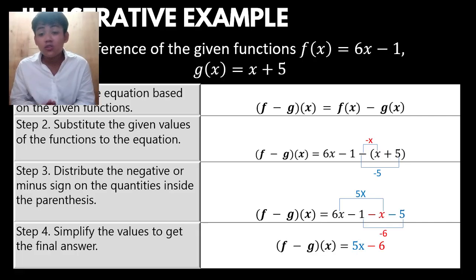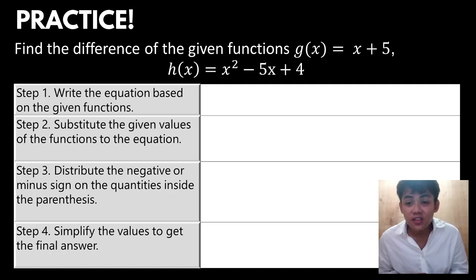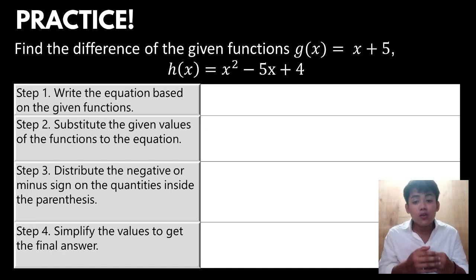So is there any questions or clarifications with regards to this one, class? None so far, sir. Okay, very good. So now to apply your understanding, let's have another example. Class number 33, I want you to answer this one. What you have to do, same with the previous one, is to answer following the steps as a guide in performing the combination of the two functions. Then later on, after that, explain what you did in front of the class.